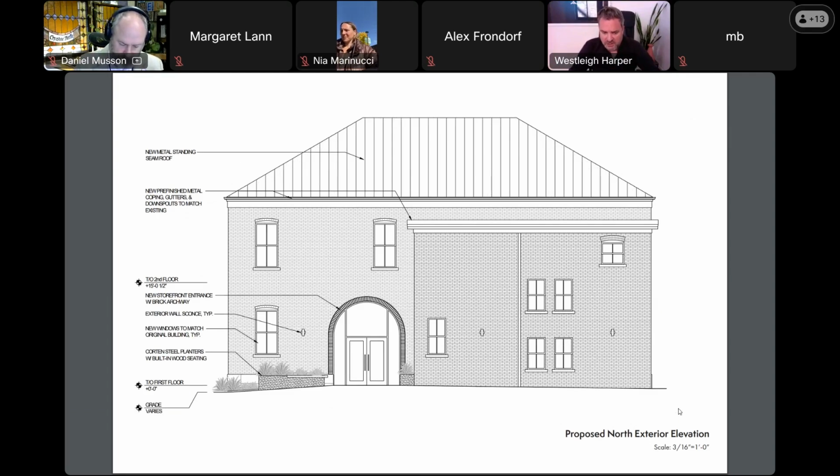So the new main entry that you see here, which is highlighted by the arched brick opening, will have a fair amount of glazing there, of course, double doors. And we think that the arch, while not currently in the existing design of the original structure, still relates to some of the detailing that's happening throughout the building, but still marks itself as a contemporary modification to the existing structure. Next.